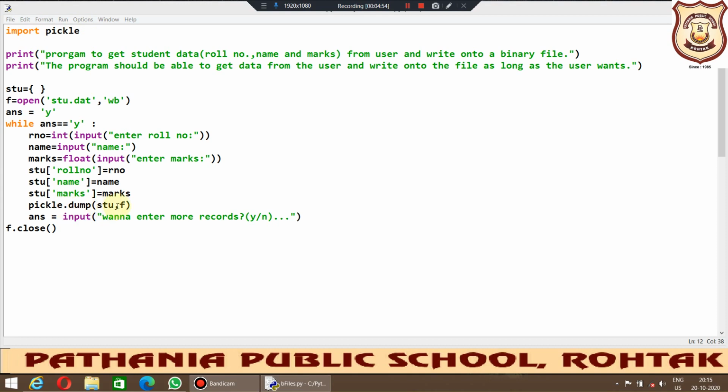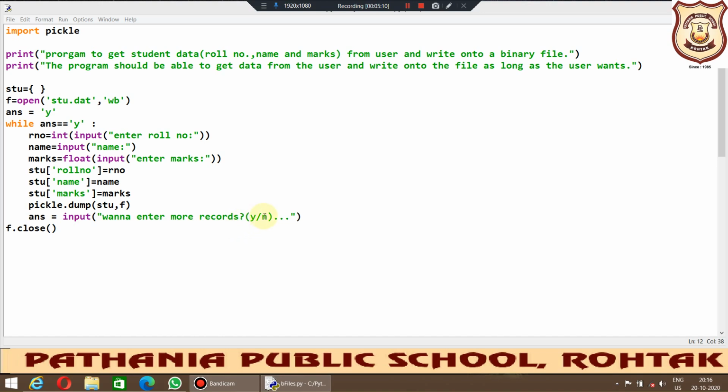Okay, so once the data is there in the dictionary and we are using the file handle, that data will be written inside that particular student.dat file. After that it will ask the user whether you want to enter more records.